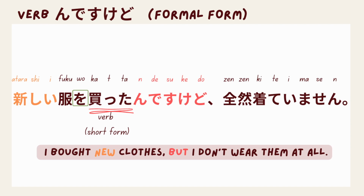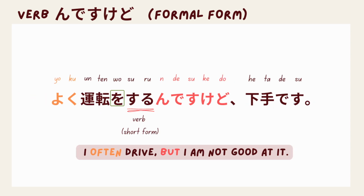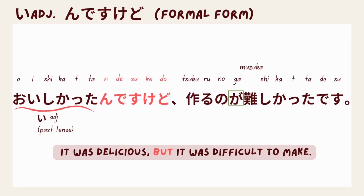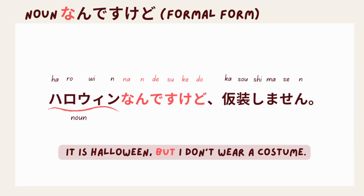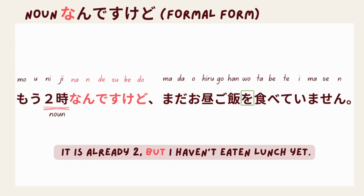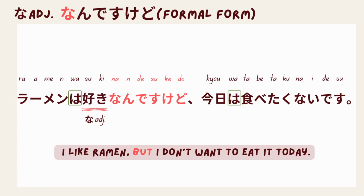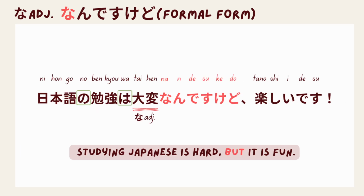新しい服を買ったんですけど、全然着ていません。よく運転をするんですけど、下手です。かっこいいんですけど、私の好みじゃないです。美味しかったんですけど、作るのが難しかったです。When we use です with noun and adjective, we have to add な before です。That becomes なんです。Let's take a look at examples. ハロウィンなんですけど、仮装しません。もう2時なんですけど、まだお昼ご飯を食べていません。100歳なんですけど、走れます。ラーメンは好きなんですけど、今日は食べたくないです。日本語の勉強は大変なんですけど、楽しいです。